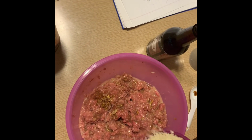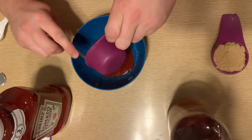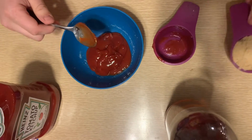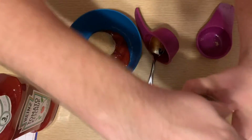The next thing that I realized that I had forgotten is to add breadcrumbs, so go ahead and add some breadcrumbs. Next, we're going to make the sauce. The sauce is pretty easy. It's just a 1/2 cup of ketchup. It is a 1/4 cup of brown sugar and a 1/4 cup of